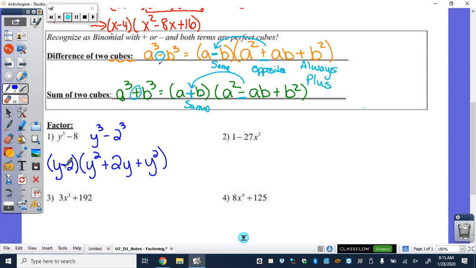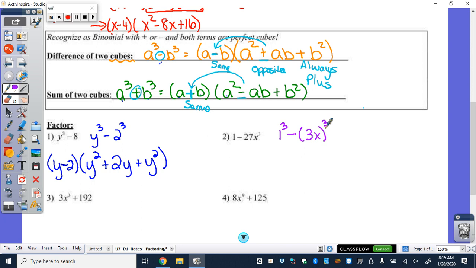So signs the same, opposite, always plus at the end there. That's always going to follow that pattern. So you've got to figure out how to rewrite those things as whatever cubed, and then you can follow the formula a little easier. So like looking at example 2, this is really 1 cubed